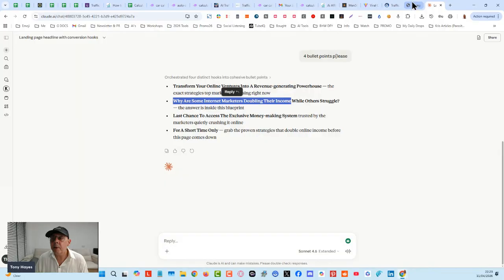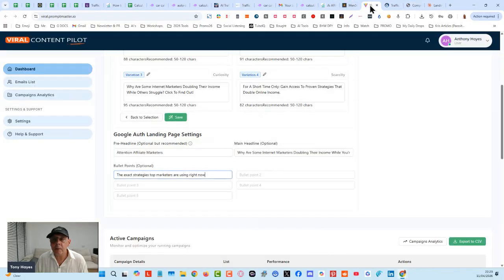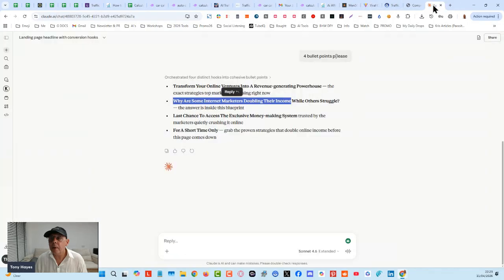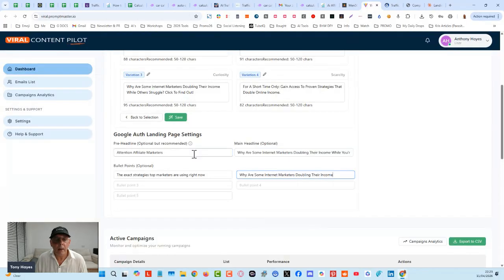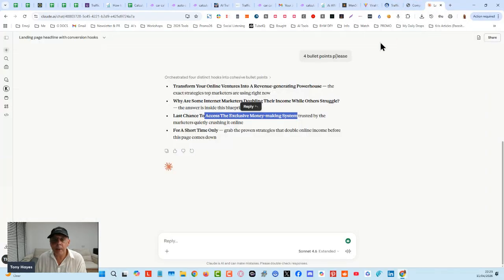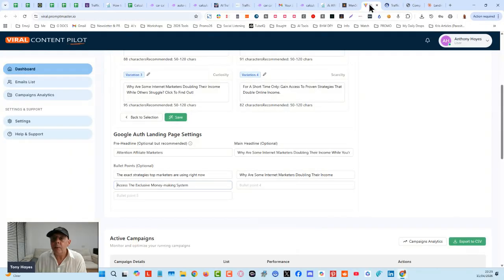I think that's the headline, but I'll use it just for a demo anyway. I keep clicking on the wrong one here. Okay, a couple of bullet points we'll put in. So we get basically AI to do the hard work, the heavy lifting. And one more. I think we'll stop there. Okay. Can put this in here.